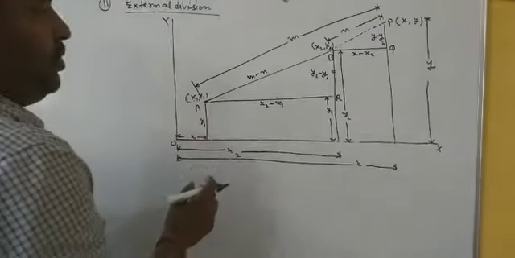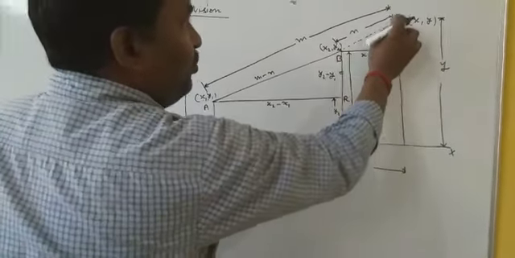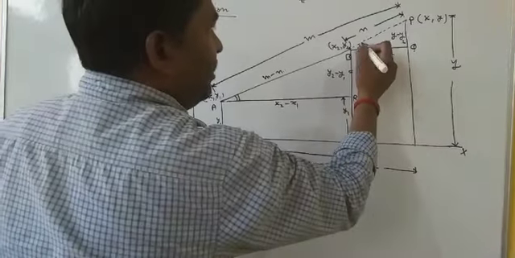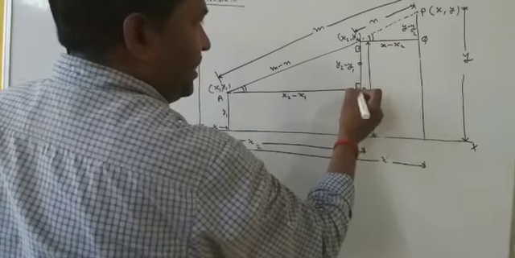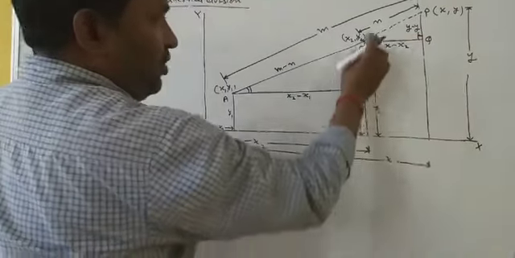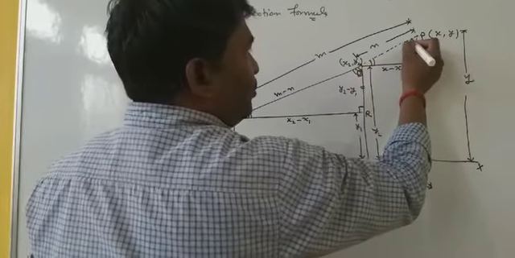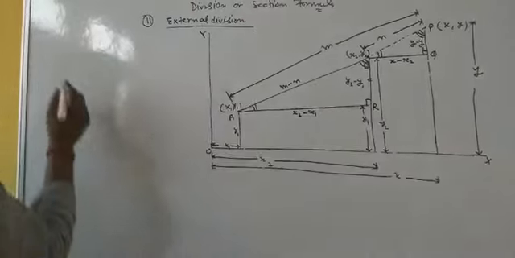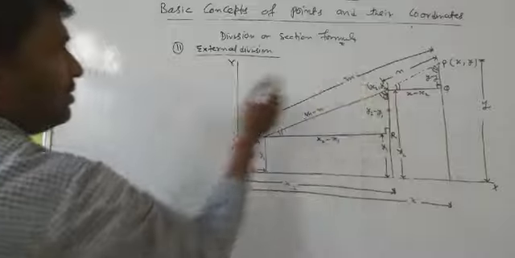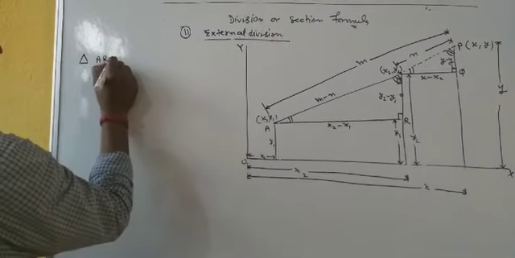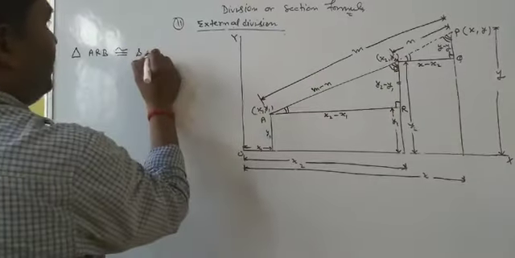Now again by the property of similarities in these two triangles ARB and PQP, here these two angles are equal. This is a common line. These two lines are parallel, and here this is 90 degree. Both are perpendicular on these two lines. These two lines are also parallel. Therefore here these angles are also equal. Hence by the property of similarity, triangle ARB is similar to triangle BQP.